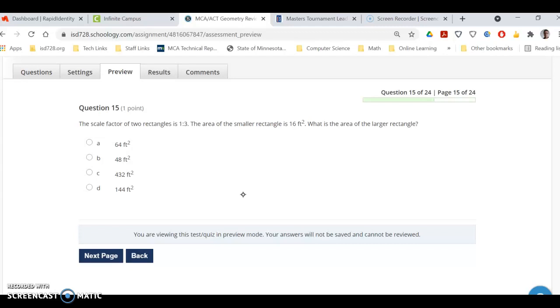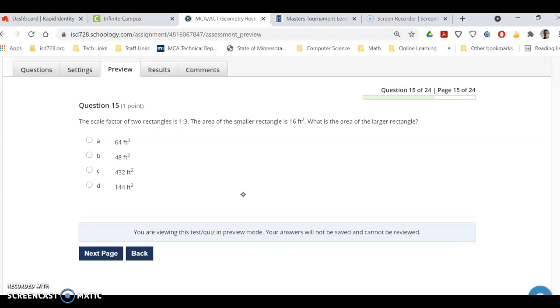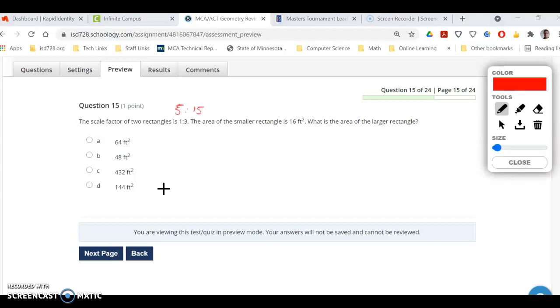Okay, question number 15. Scale factor of two rectangles is 1 to 3. That means the dimensions are 3 times as much. So if one of the sides in the smaller triangle is, say, 5, then in the bigger triangle it would be 3 times as much, 15. Okay, and so there's formulas here for figuring this out, but I think the best way to do it is just